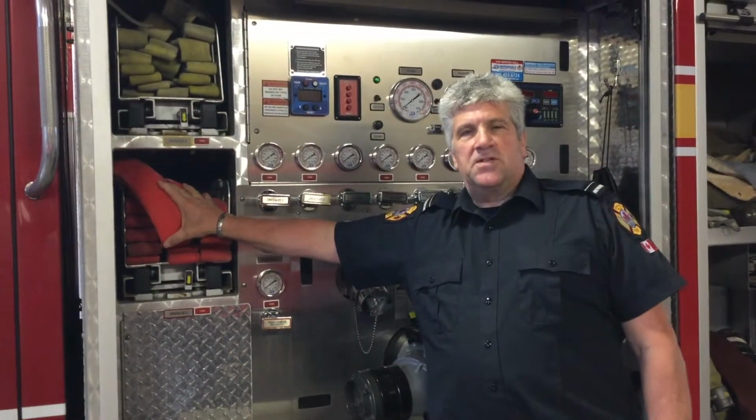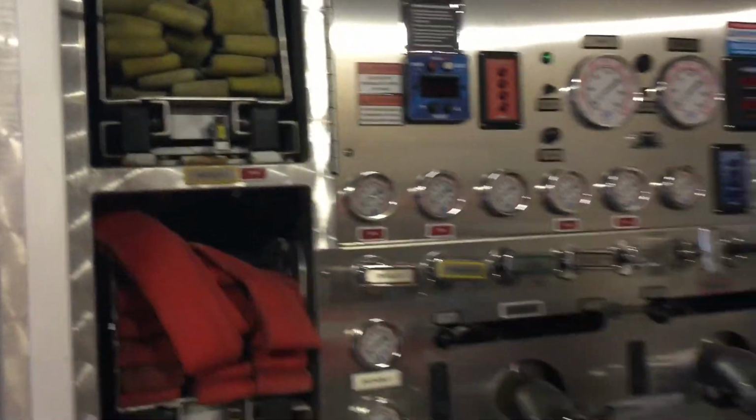These are hoses that we drag into a house so that we can get water into your bedroom or your living room or your kitchen or wherever we need it. Whereas around the back of the truck,